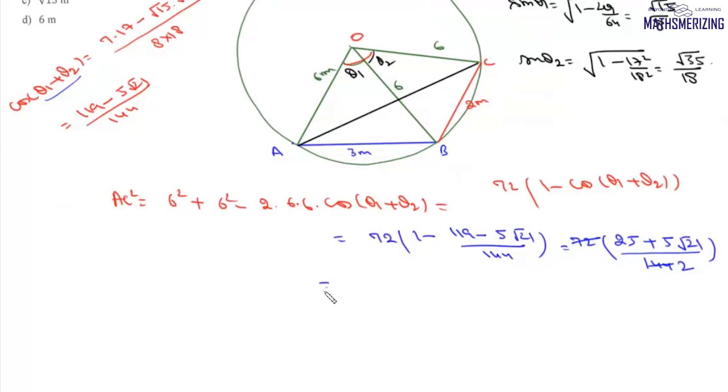We can further simplify this as 50 plus 10 root 21 upon 4, and we can write this as